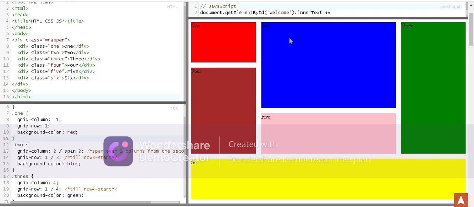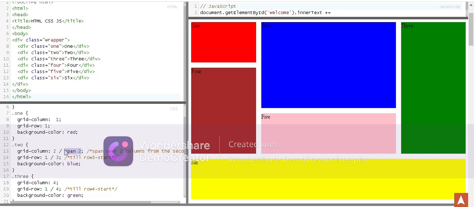Okay, now come to the second division. We are placing it in the second column, but it is spanning 2 columns, and it is again placed in the first row and it is spanning 2 rows. So how do we tell the grid layout? The same thing. For grid-column we have mentioned 2 and for grid-row we have mentioned 1. Now we have to tell the grid layout that this division has to span over 2 columns. And for the grid-row 1, hey, wait, here we didn't mention the span, but still it is working and it is spanning over 2 rows.